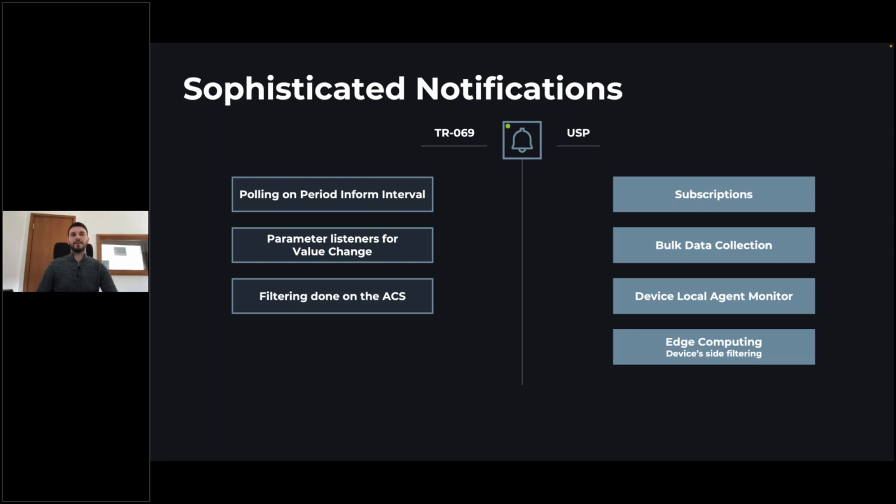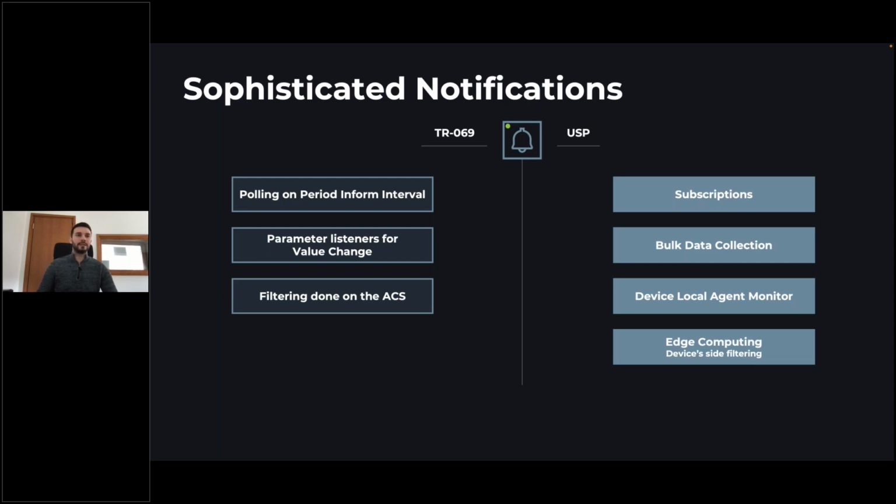There are other options like parameter listeners, so setting parameter listeners on certain KPIs on value change. For example, if we're monitoring the RSSI portion of the device, we can only get notified when the value changes, knowing that if it's consistent, it doesn't mean much to us. However, this isn't supported by all parameters.